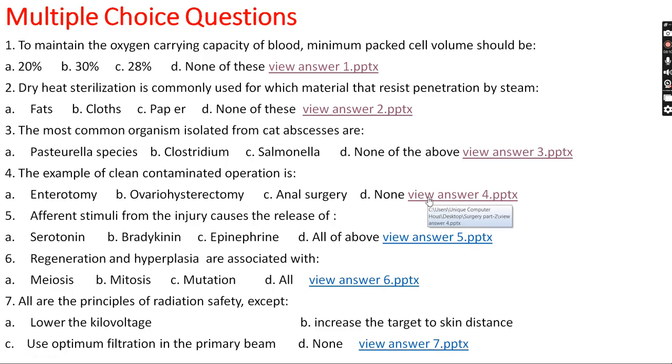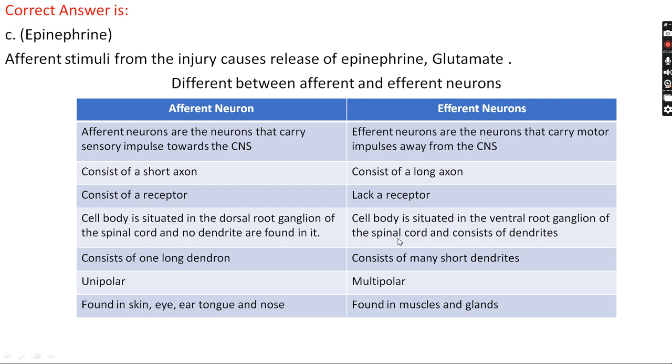Question number 5. Afferent stimuli from the injury cause the release of: option A, serotonin, option B, bradykinin, option C, epinephrine, or option D, all of the above. The right answer is option C, that is epinephrine, okay. Afferent stimulus from the injury causes release of neurotransmitters, that is epinephrine and glutamate, okay. Let's talk about the difference between afferent and efferent neurons, okay. Afferent neurons are those neurons which carry sensory impulses from the